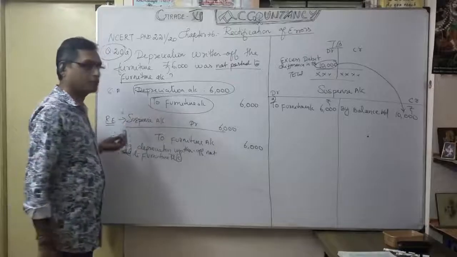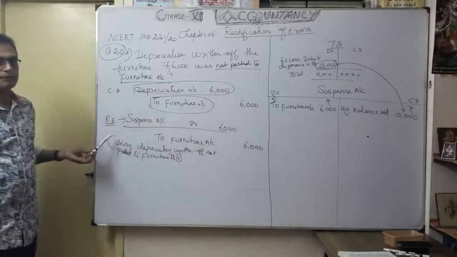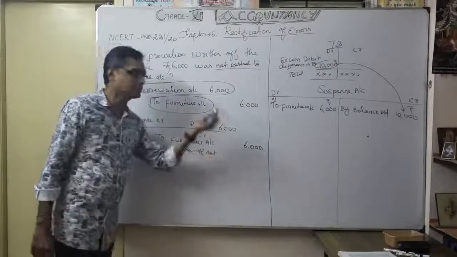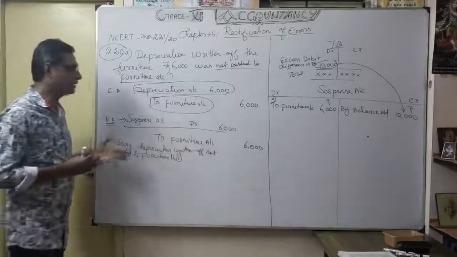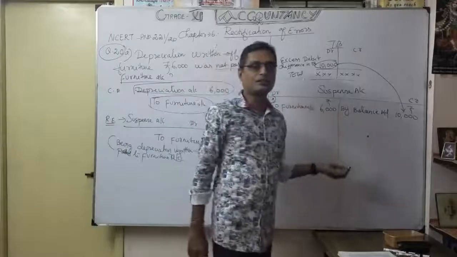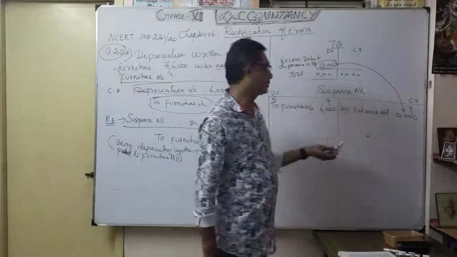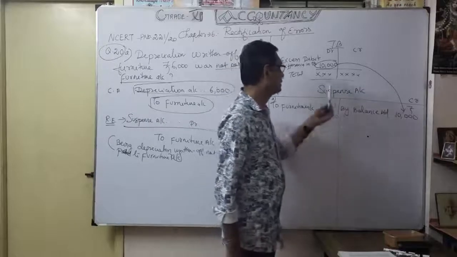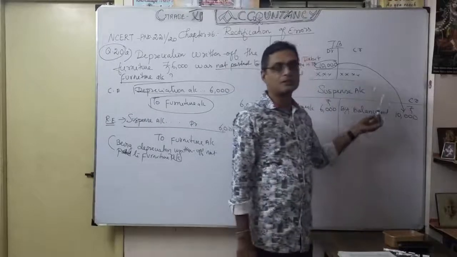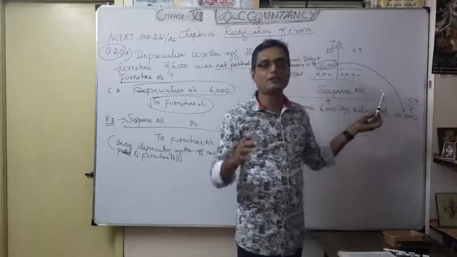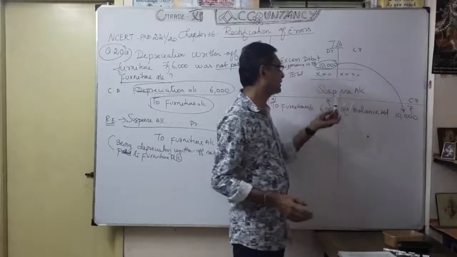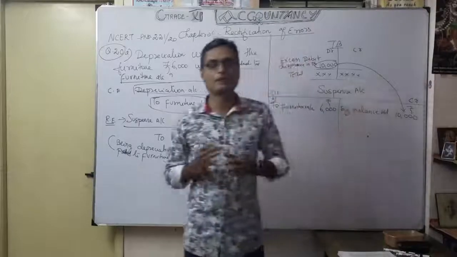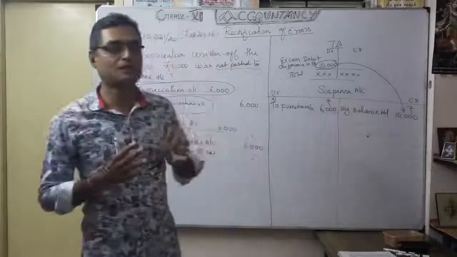That's why I'm going to do it in the form of two rectification entries. Suspense account debit 6,000 to furniture account 6,000. So understood? Simultaneously, if you want to open the suspense account, you have to write like this: suspense account to furniture account 6,000. Already you opened it, so they find the difference, debit excess. That's why on the credit side I write by balance brought down 10,000. So the first rectification is done.